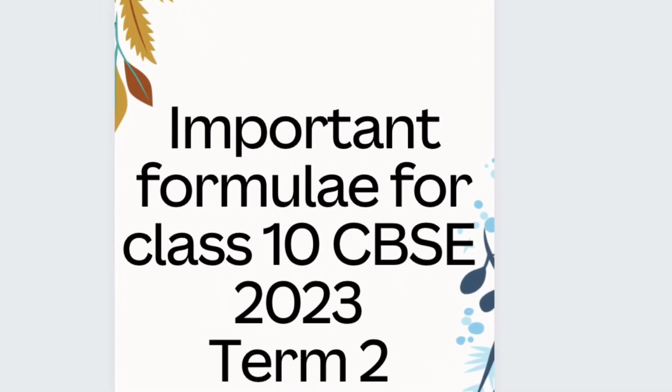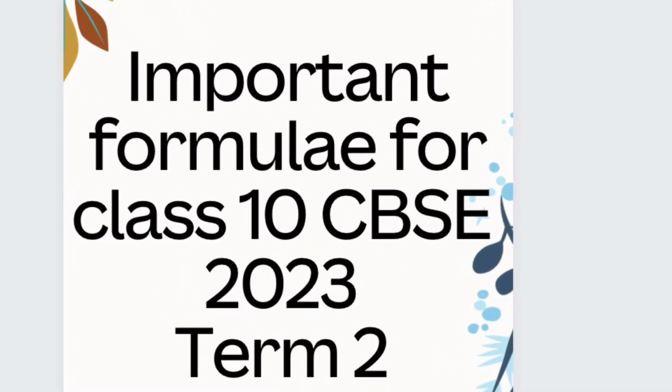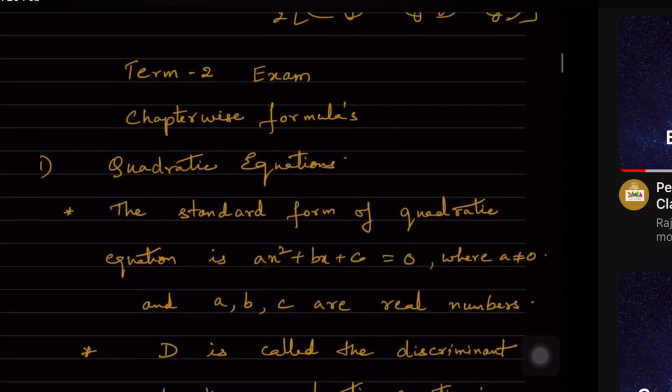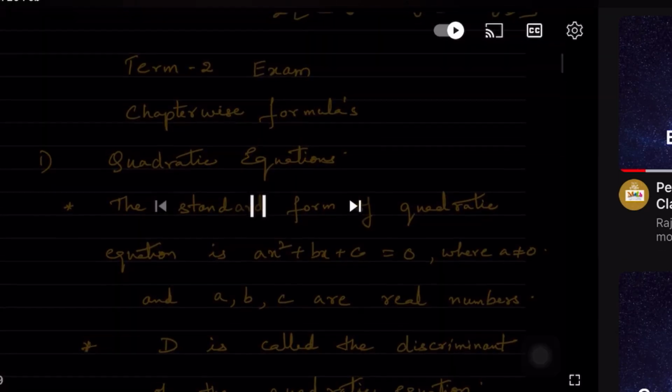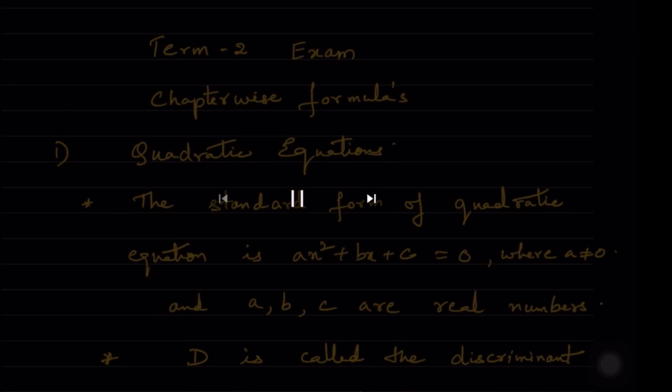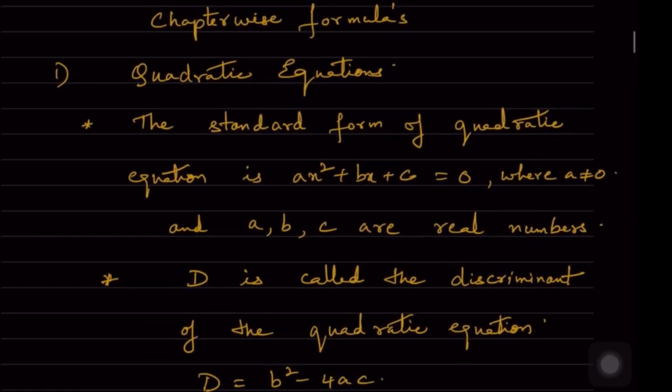2, 2023. What are the important formulas for different chapters? We'll see. Quadratic equations. So what are the different types of formulas which we are having in quadratic equations? We'll just see. So first one, the standard form of quadratic equation is ax square plus bx plus c equal